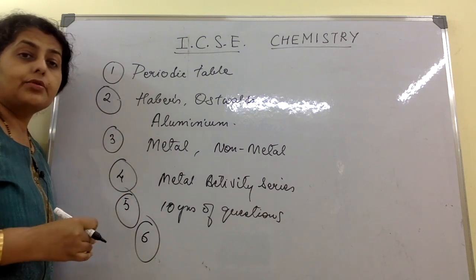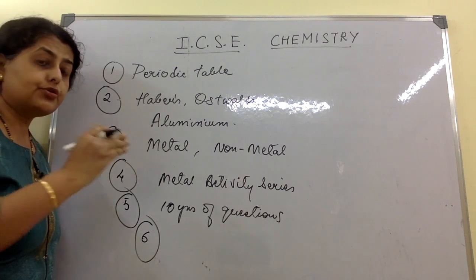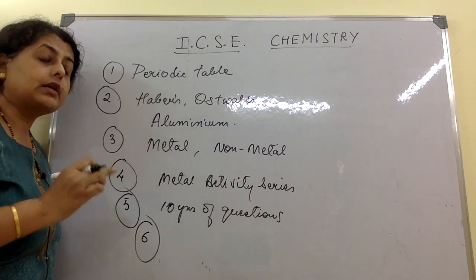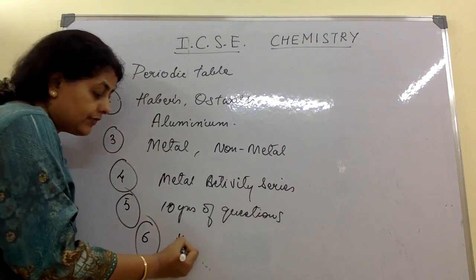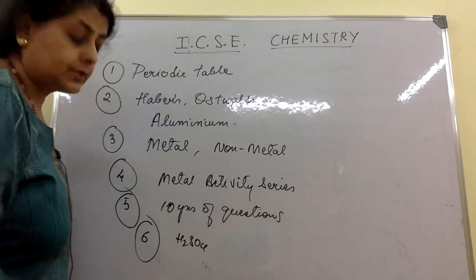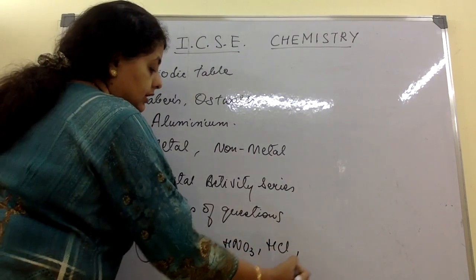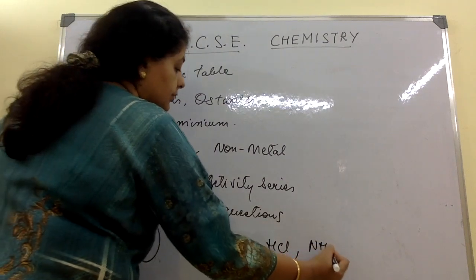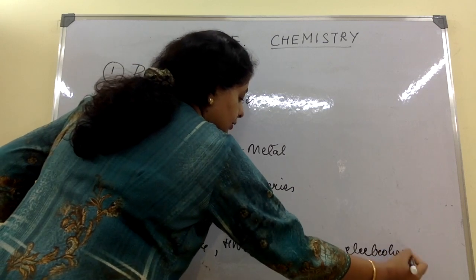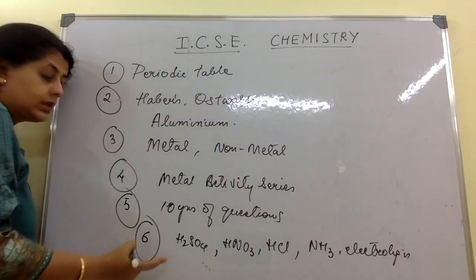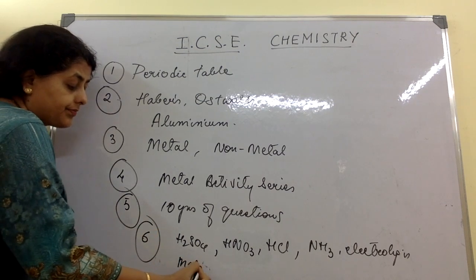To avoid that confusion, behind a few chapters like sulfuric acid, nitric acid, HCl, ammonia, electrolysis, and also metallurgy,